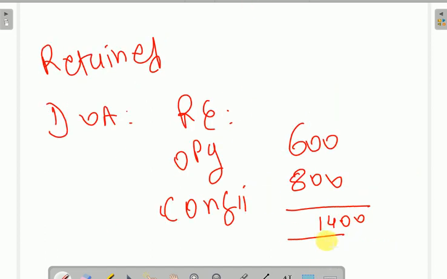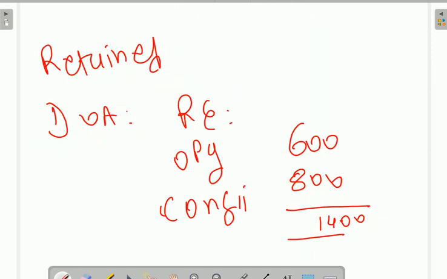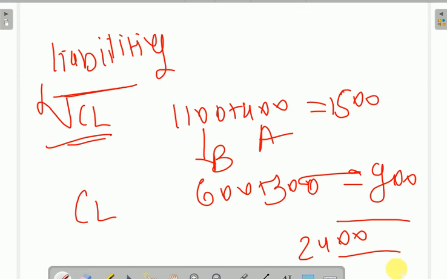ये रिटर्न अर्निंग 1400 था, 2400 प्लस 1400 और उससे पहले इक्विटी शेयर कैपिटल था 2200। तो हो गया आपका 6000 टोटल। यहाँ पे आप ग्रैंड टोटल लगा सकते हैं इक्विटी एंड लायबिलिटी साइड्स का 6000।